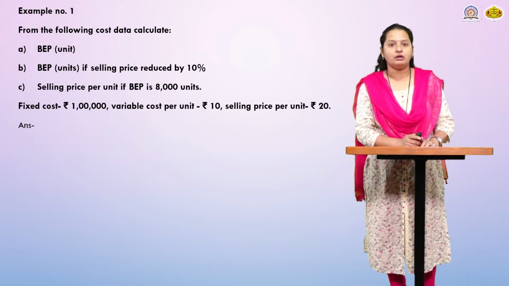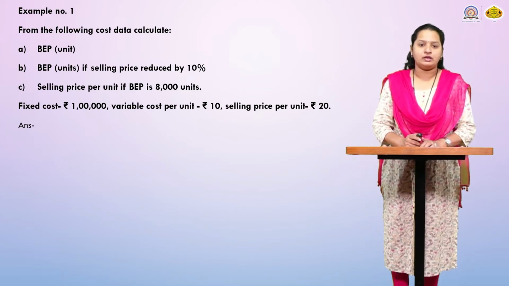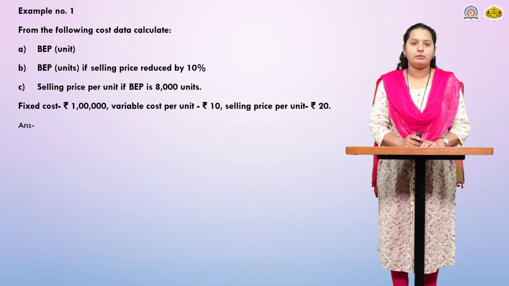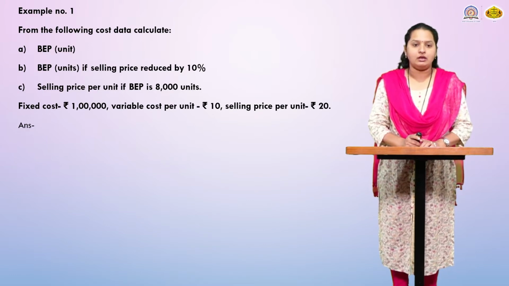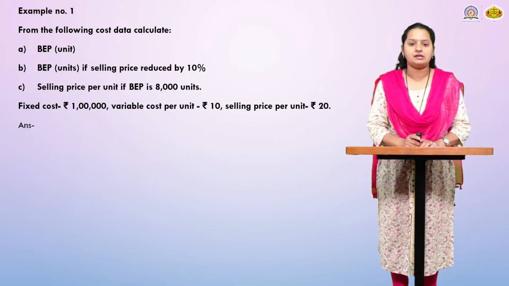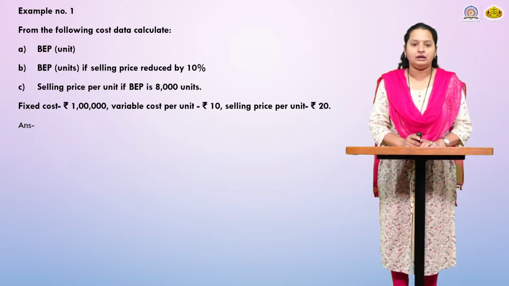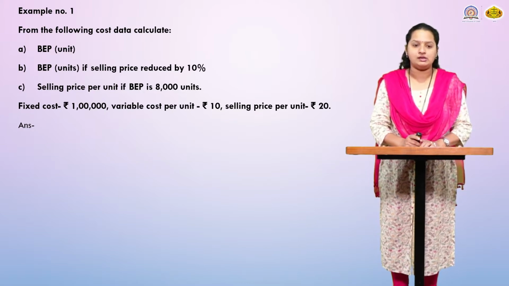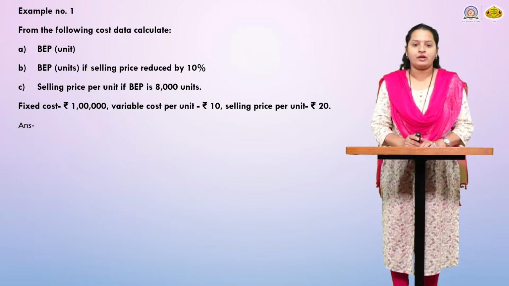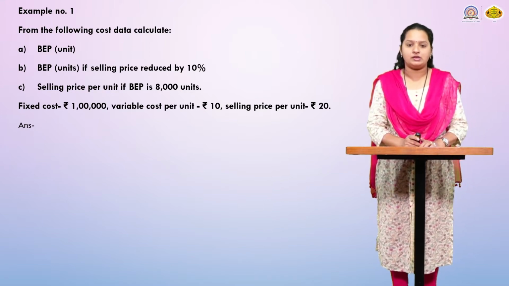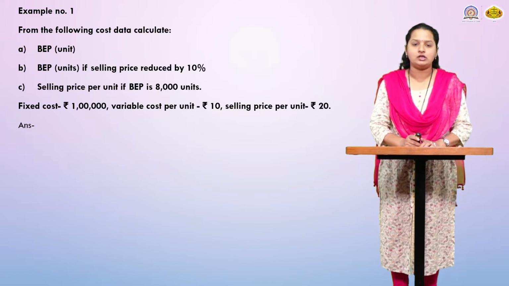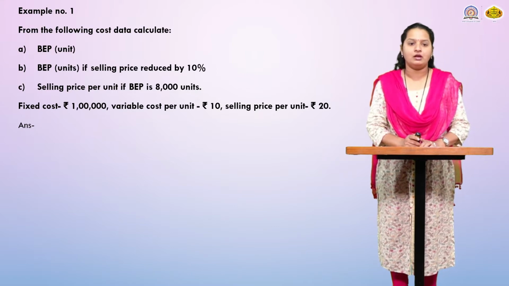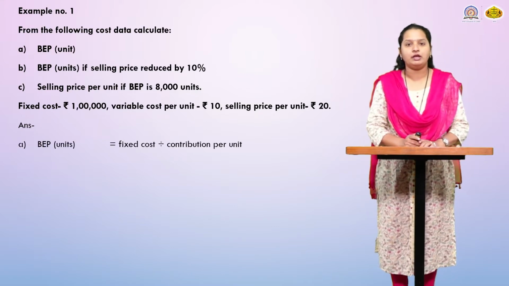This is example number 1. From the following cost data, calculate first BEP in units, second BEP in units if selling price is reduced by 10%, and third selling price per unit if BEP is 8000 units. The provided information is fixed cost rupees 1 lakh, variable cost per unit is rupees 10 and selling price per unit is rupees 20. So let's start solving this example with the first calculation, that is BEP in